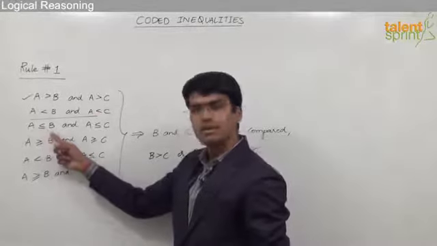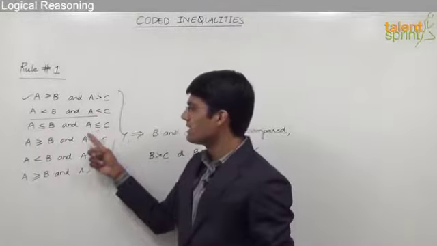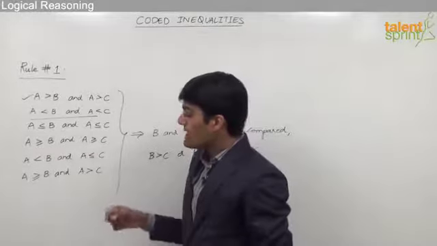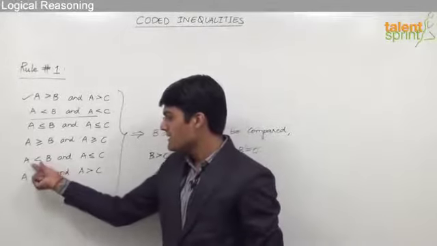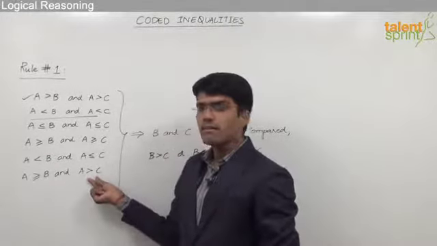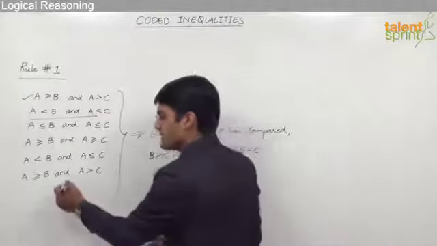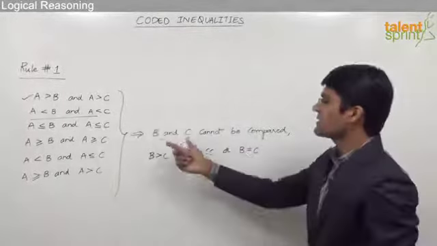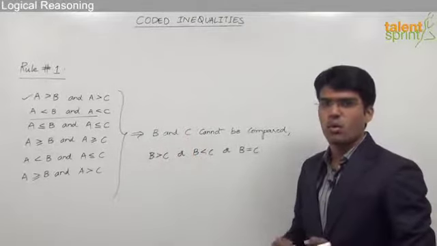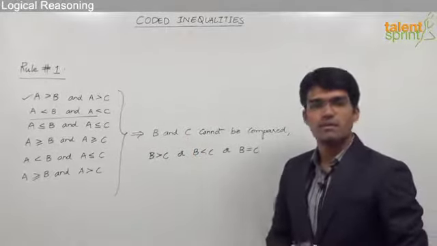Similarly, we have A less than or equal to B, A less than or equal to C, or A greater than or equal to B, A greater than or equal to C. Otherwise, we can also have a combination of less than and less than equal to, or greater than equal to and greater than. So in all these cases and many other similar cases, the answer should be B and C cannot be compared. So that is one of the most important rules required when we are solving questions related to